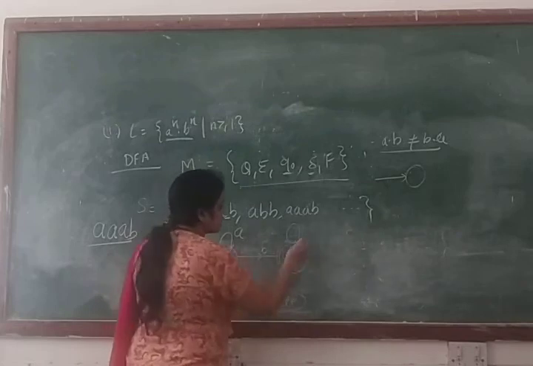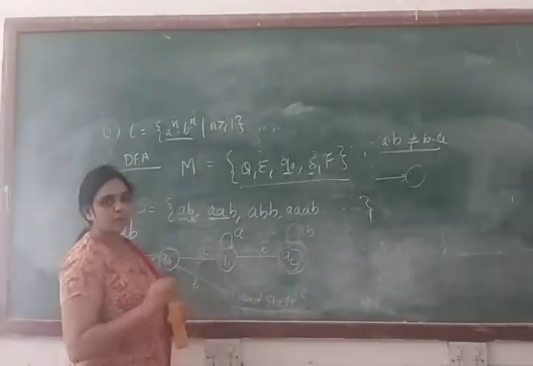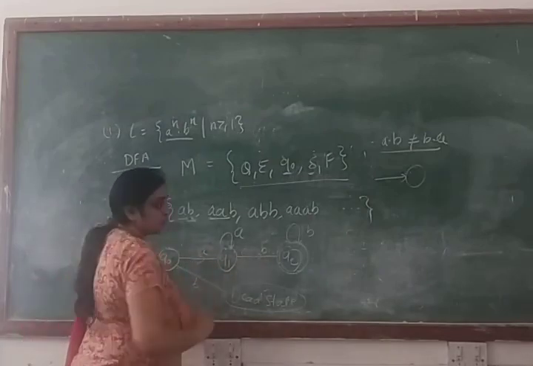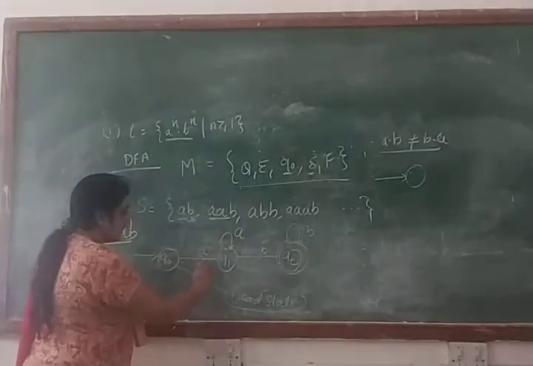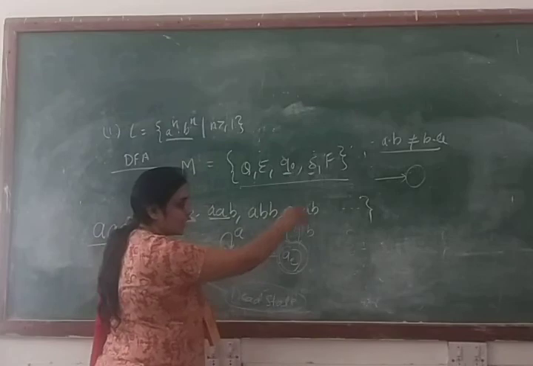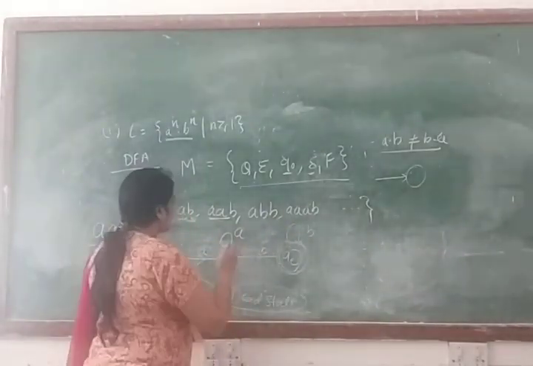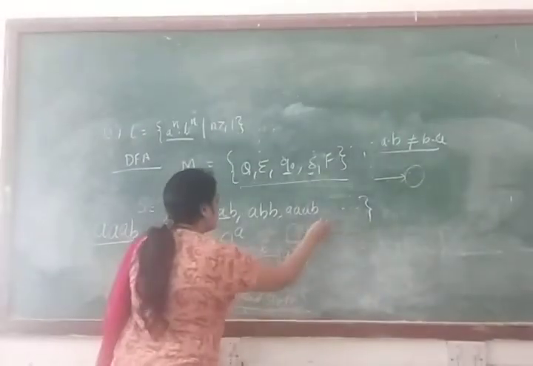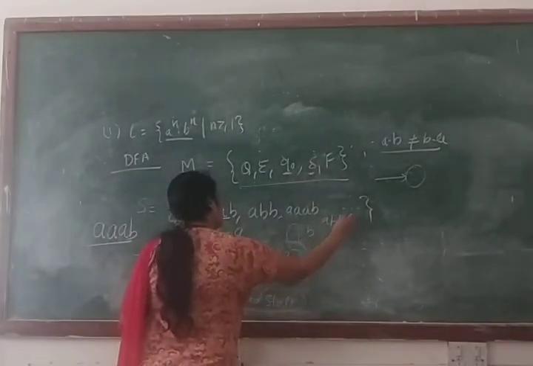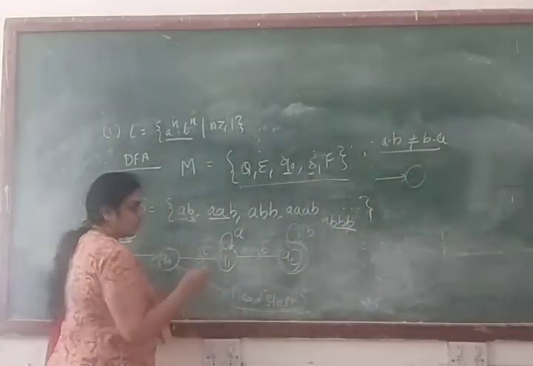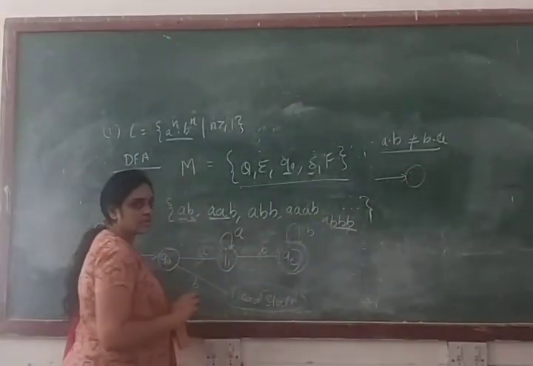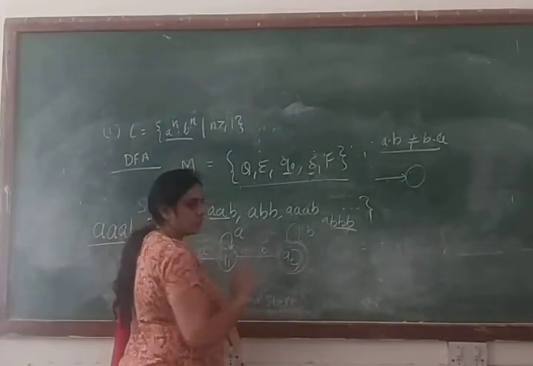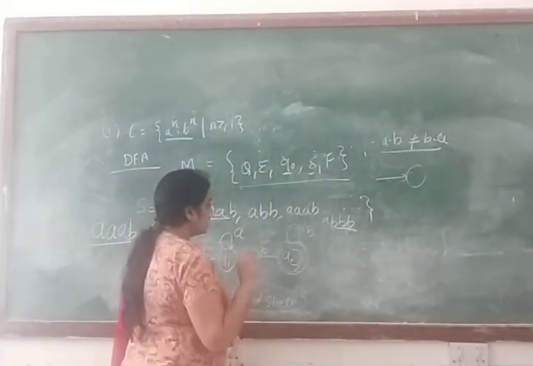Now we will check the transition for input symbol B. If we make a transition from Q2 to Q2 for the input symbol B, your machine will accept the string small a, small b, then any number of A, any number of B, and you can check it, this string triple A and B, or A triple B. So by using this transition we can accept this type of string. So that's why we can make this transition from Q2 to Q2 for the input symbol B. Now we will check